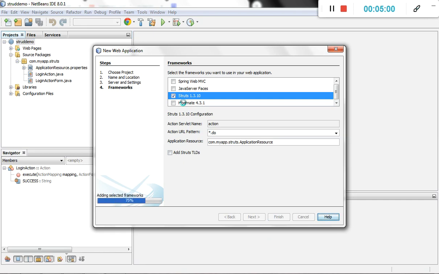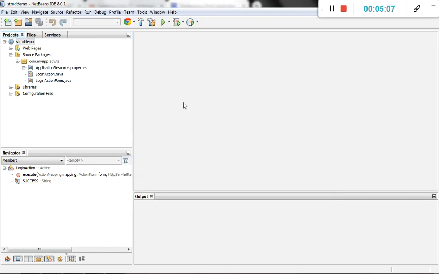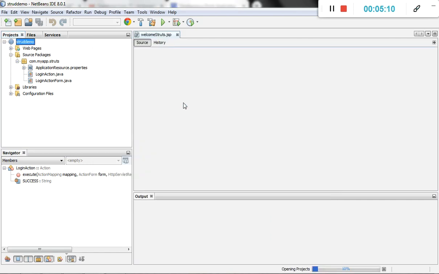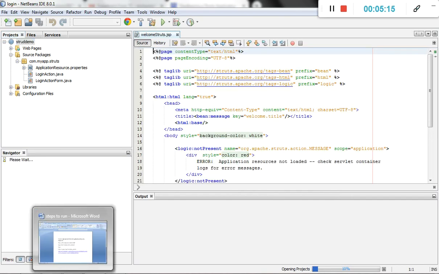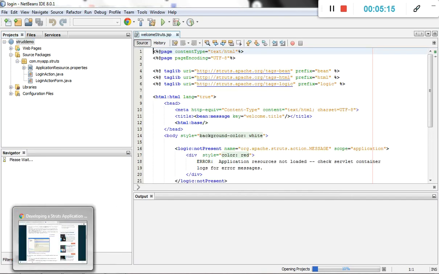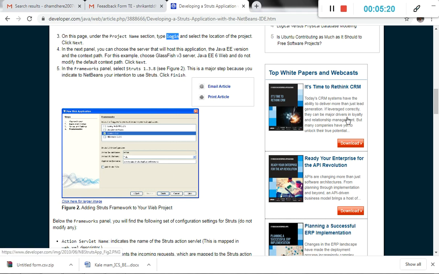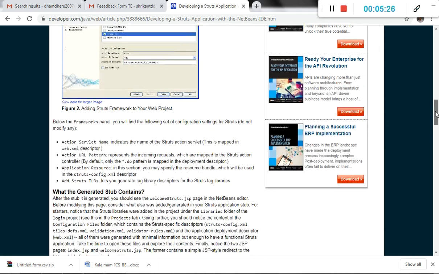Now we can easily access the Struts functionality and features in our web application, and we can develop our web application with the help of that Struts functionality. Okay, this is simply creating the environment. Now, the steps: click on Finish, select Struts, then